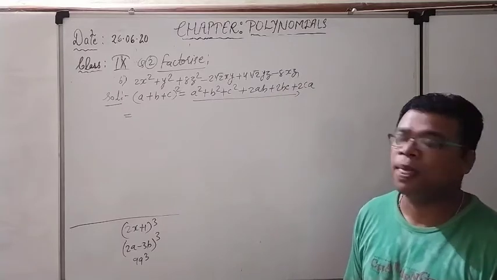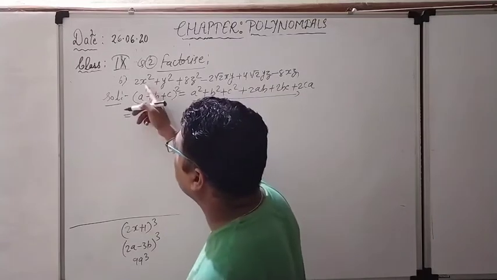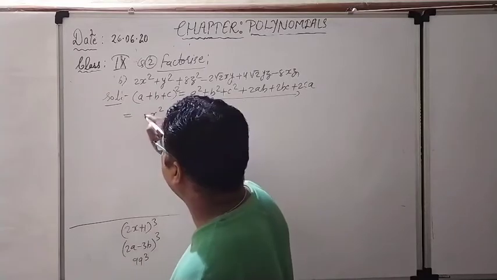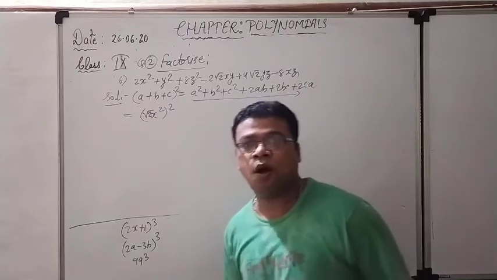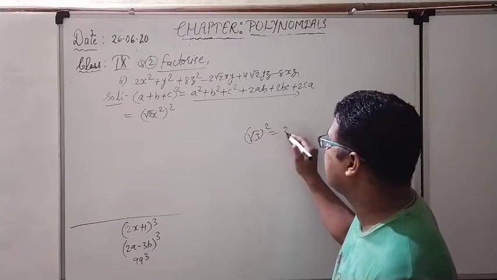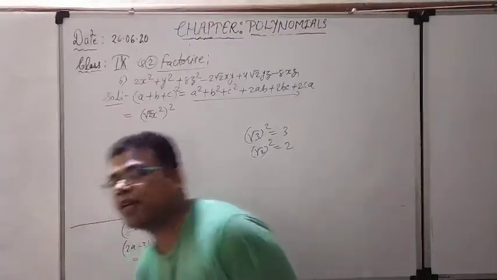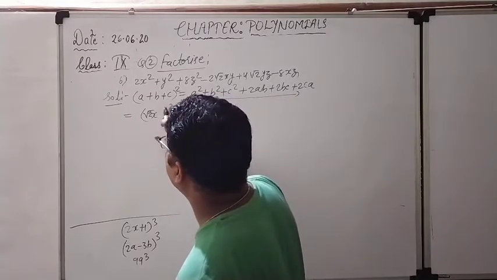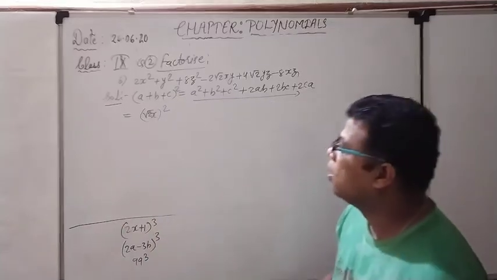Right now, see what is written here, 2x square. How can we convert this into the form? x is x square, but this is not 4 here. So that could be written as (root 2 x) square. I think you are getting it, because root 3 square will give me 3, and root 2 square will give me 2. In such a way it can be written as (root 2 x) whole square. This is for this.